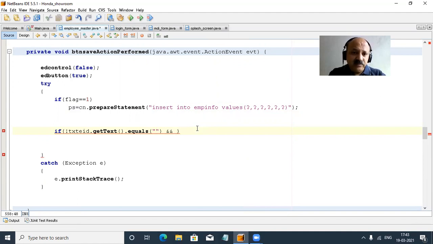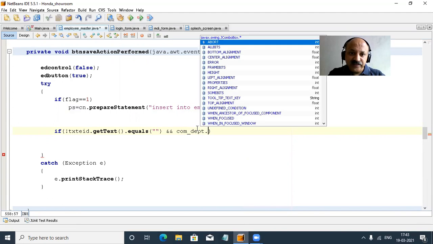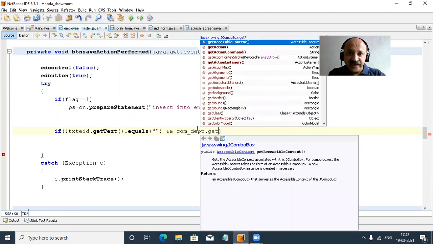And then we can say what our field is, and that is a combo box. So combo department, and that is also getText.